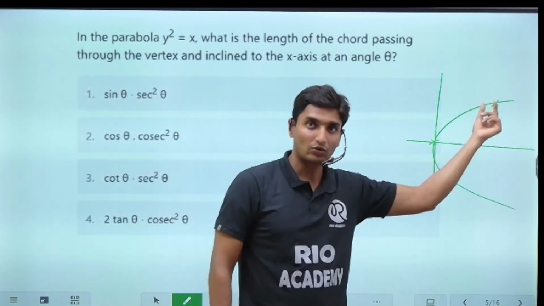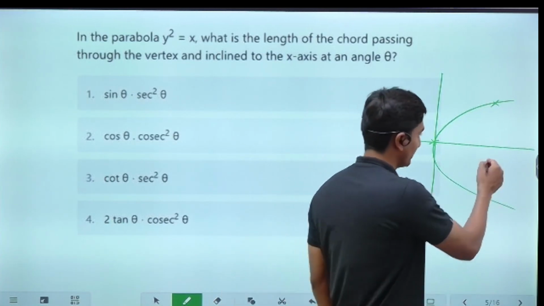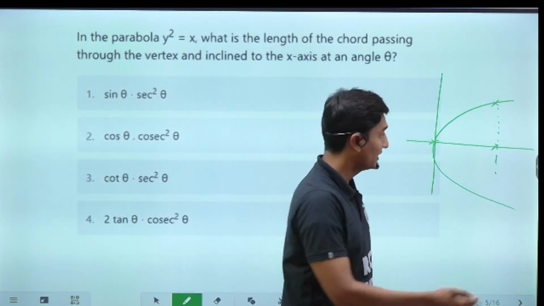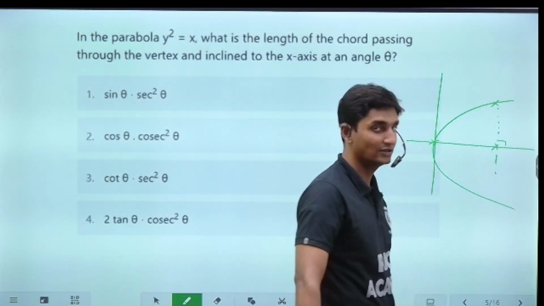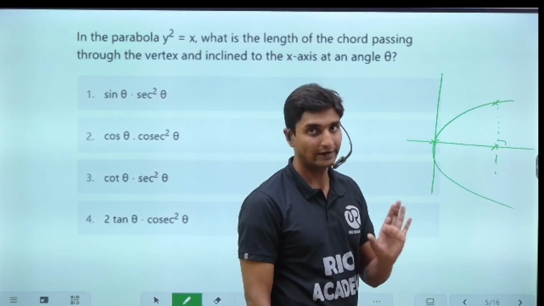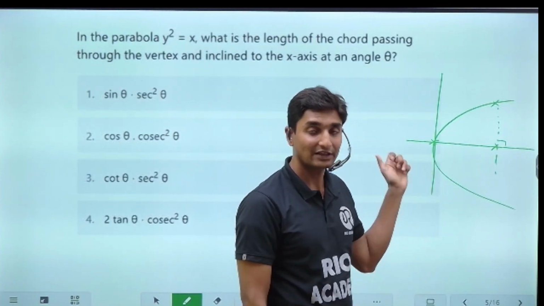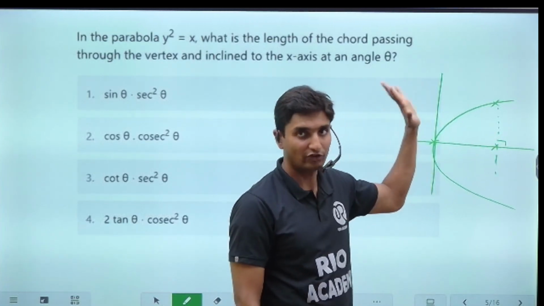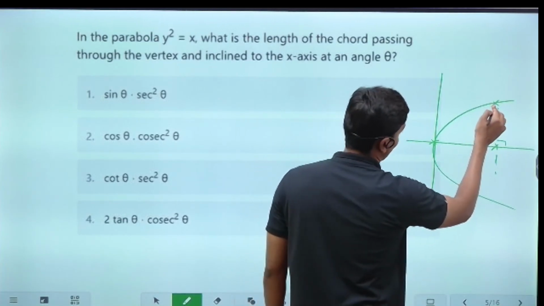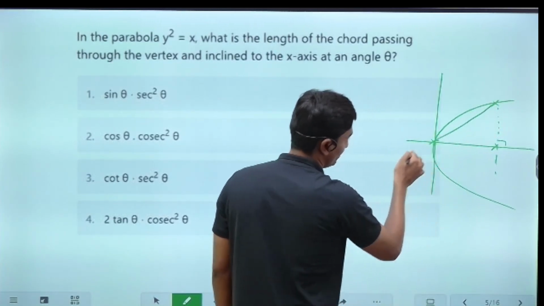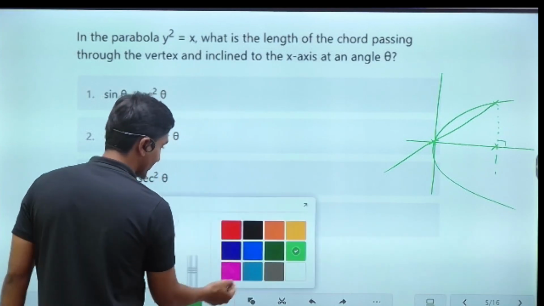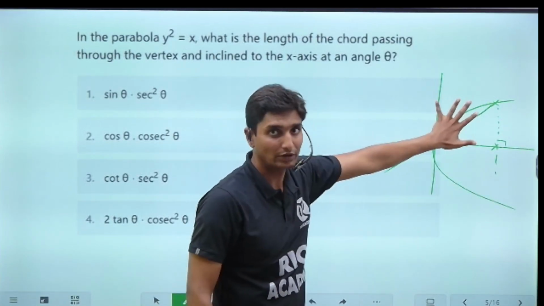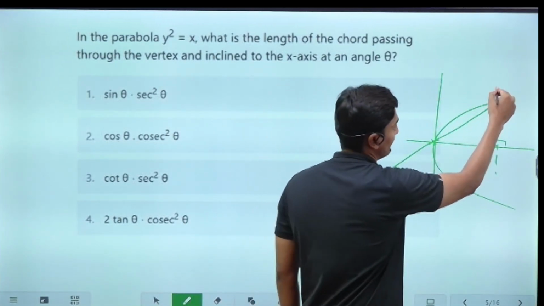That line or chord that passes through the focus. Suppose this is the focus here, and there was any other line which was passing through the focus and was also perpendicular to the axis. Such a chord would have been what? Latus rectum. But here basically he is saying only a chord. Chord means it does not pass through this focus here. It passes somewhere else. It basically cuts any 2 points. I am going to assume those 2 points to be here on this basis. Just a rough diagram, guys. No need to draw them very cleanly, so that you will be able to understand. This is the chord here. I'll take this to be A.